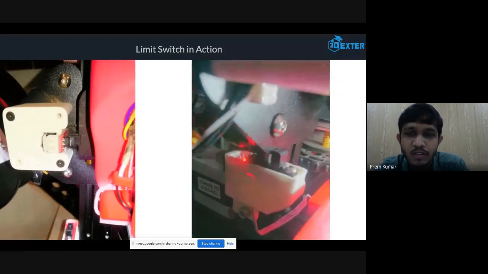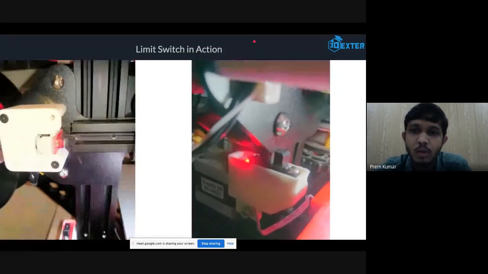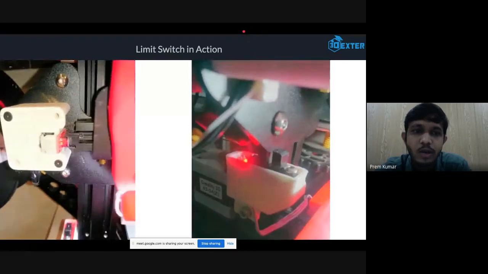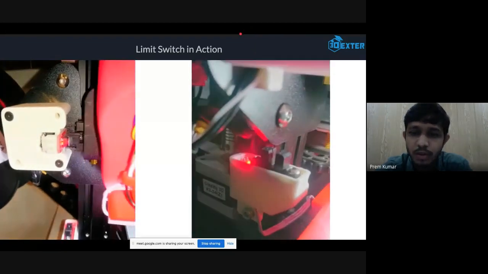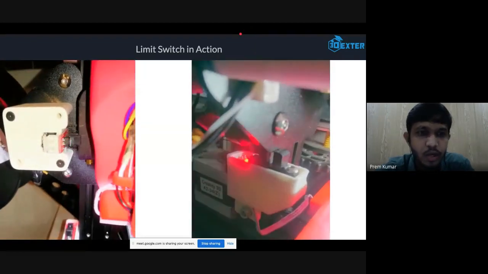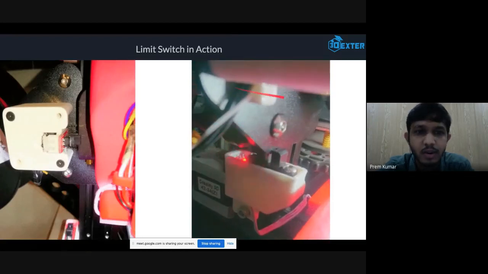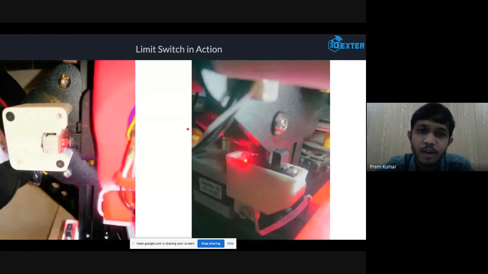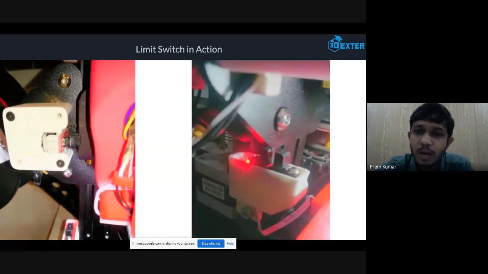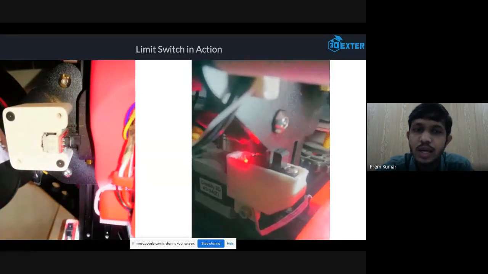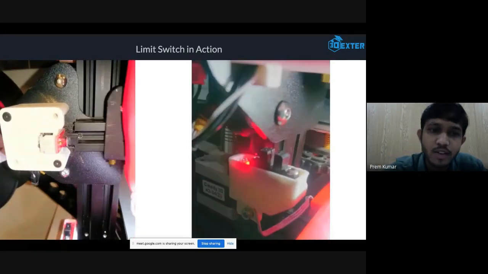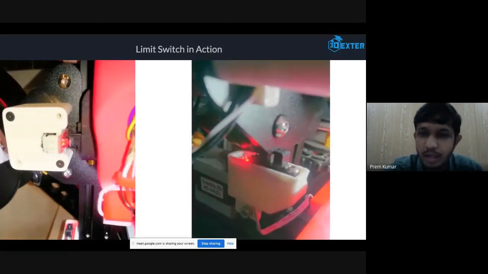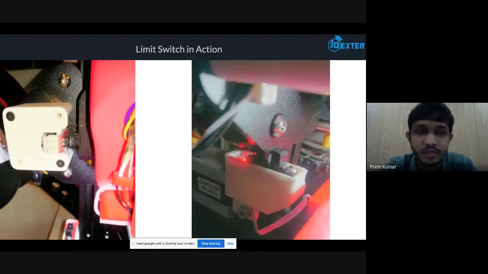And you can also fix a limit switch on the top of the printer, so that it also knows the maximum position of the printer. So it will not hit anything. It will not collide with any other parts. So for a 3D printer, you can just use one minimum limit switch, and you can use other software end-stops that are in firmware, which you will see in the next session.